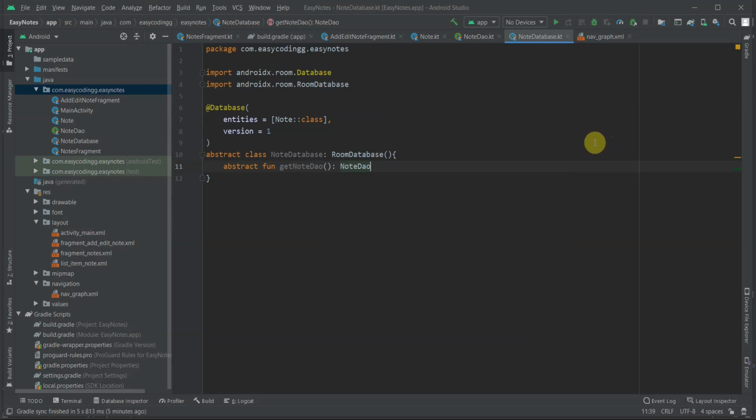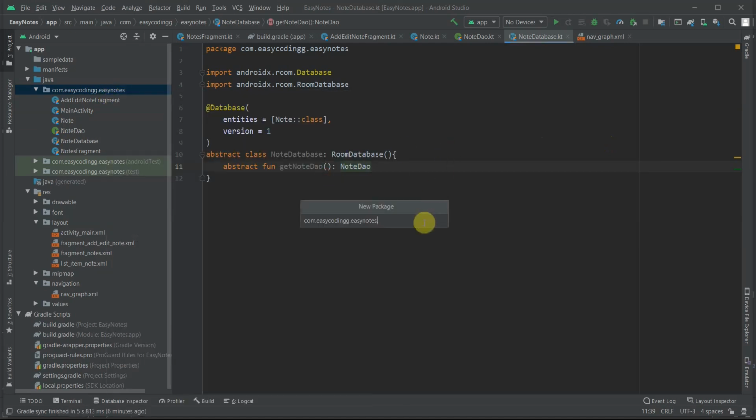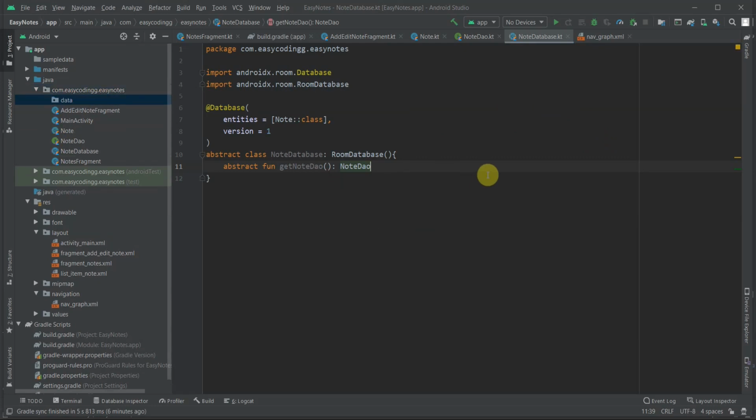Now since we have added many classes in this video, we should structure them. So we will first create a package data, and inside of it we will add all our database classes: Note, NoteDao and NoteDatabase.